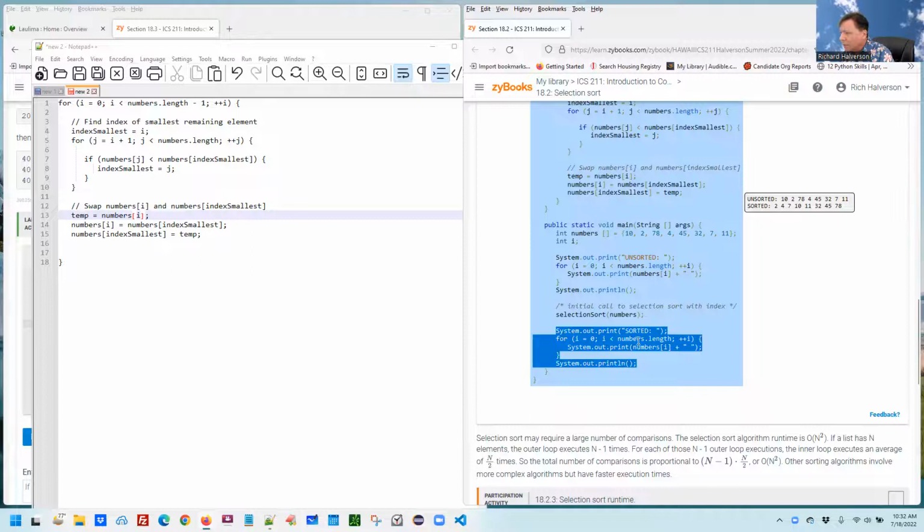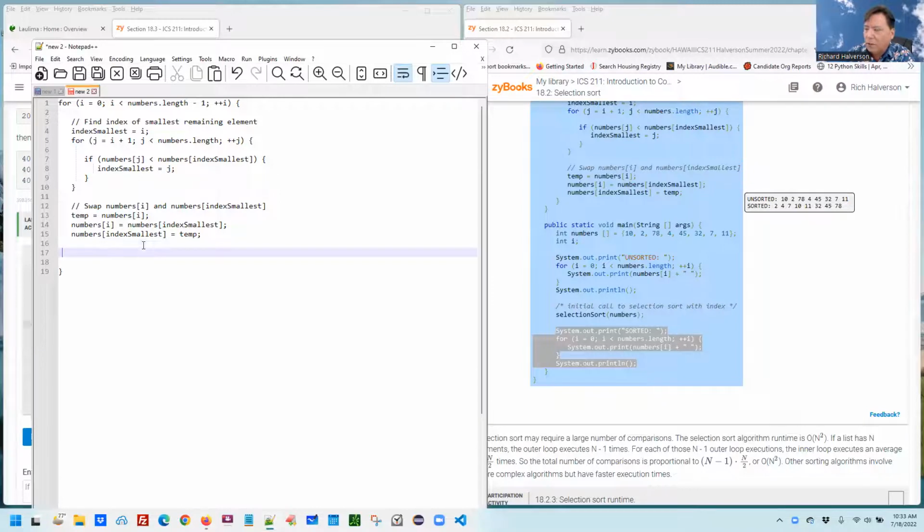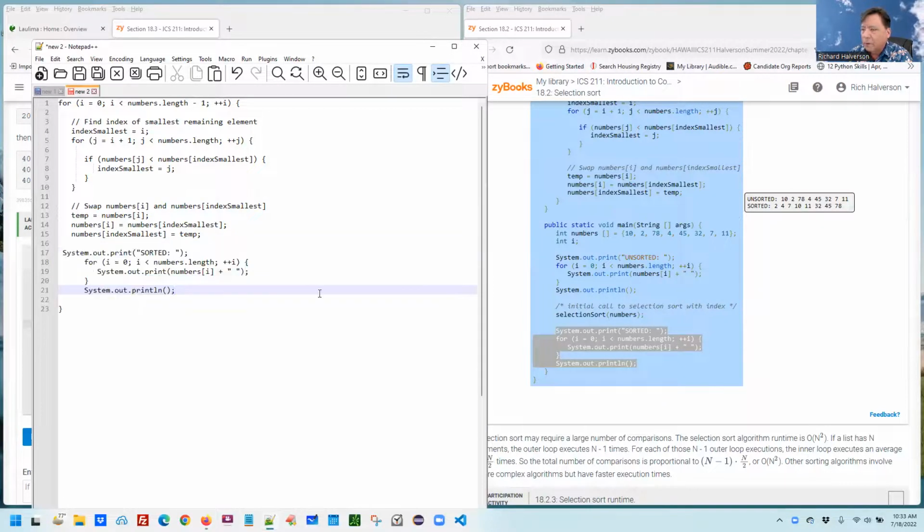This prints it out. So I'm going to copy this, and I'm going to put that right here. Okay, so this, I don't need this, I don't think. But I would like to print out this, and I don't want to use I because this is inside of the for loop. This uses J here, and we're going to use J again here. I'm going to use J to print out everything. J < numbers.length, J plus plus, and we're going to print out numbers[J]